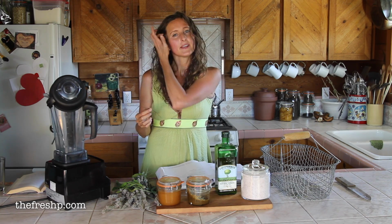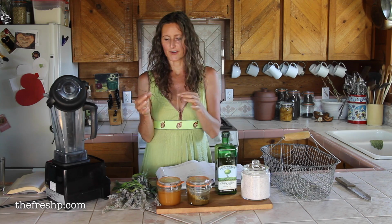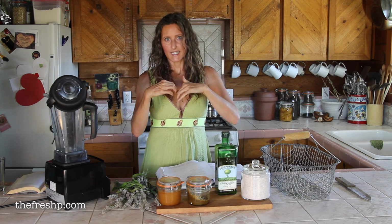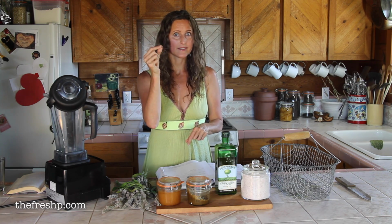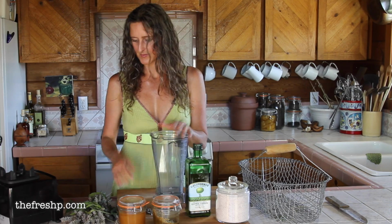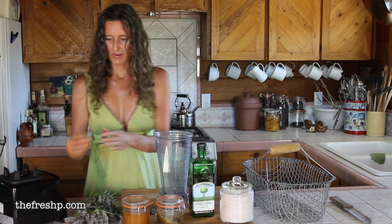And now I don't want to damage my plant, and I don't want it to suffer, so I'll lightly just dig around the base of the plant and just prune off 1 or 2 little tiny root buds. We're not making medicine, we're making nourishment for our skin, so we don't need a ton of this stuff. This comes together in seconds. We're just going to take our